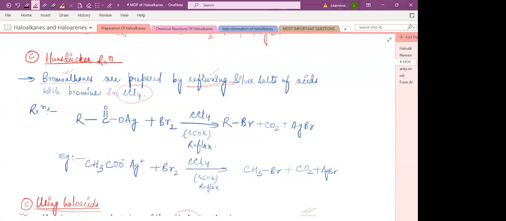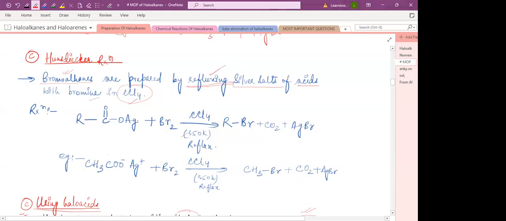In this preparation we just do the reflux, and we use the silver salt of the acid with bromine in carbon tetrachloride. For example, the general reaction is